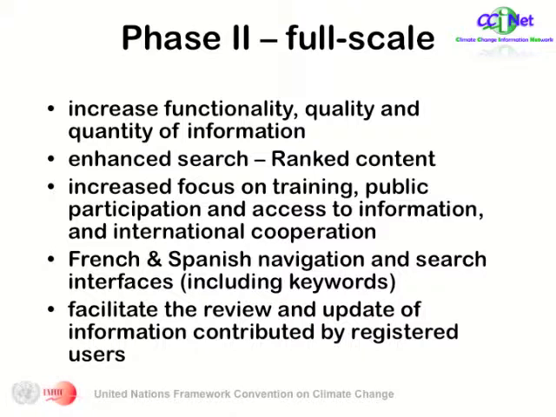There will be an increased focus on training, public awareness, public participation, and access to information and international cooperation. CCINet will also see the inclusion of French and Spanish navigation and search interfaces. And the system will also take into account a facilitative methodology for review and update of information contributed by registered users.